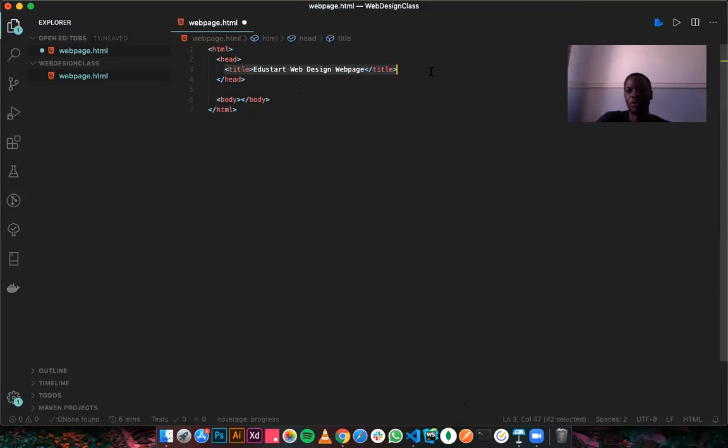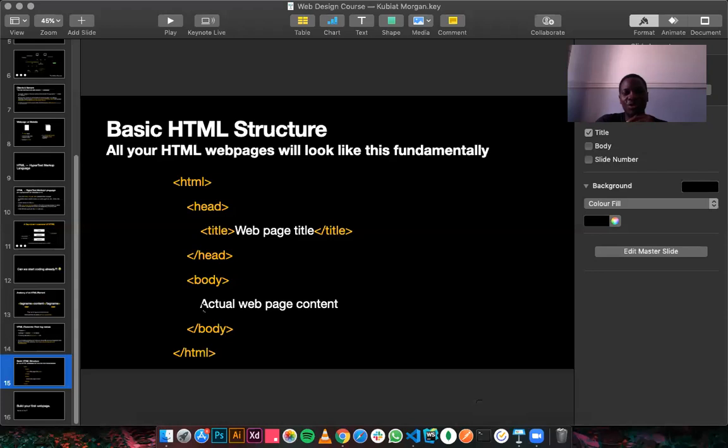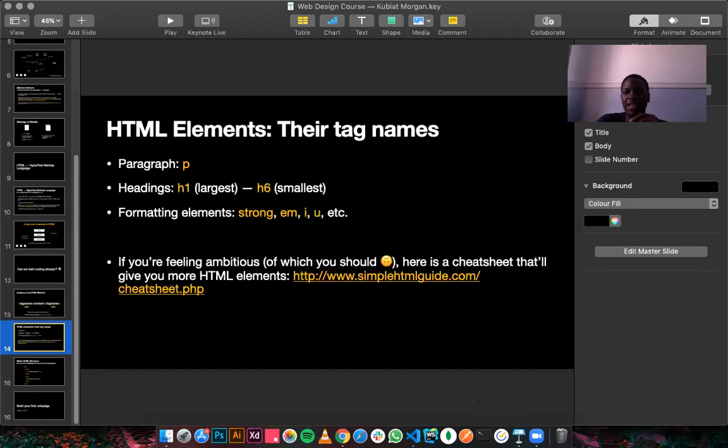Your title tag must always sit here. Now, inside the body elements, that is all for the head elements. Inside the body elements, normally we'll just write a random web page, random content for our web page, but I want to make it a little more interesting. I'm going to use one of the HTML elements we put up here.